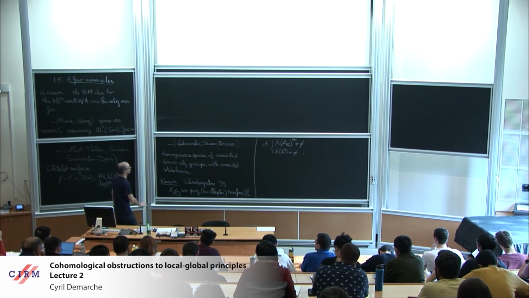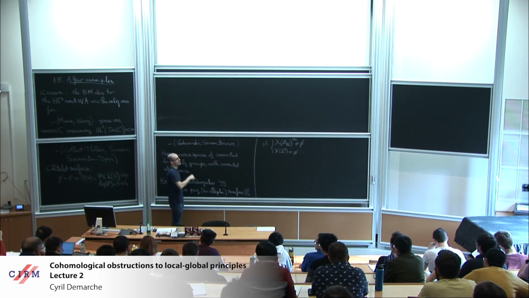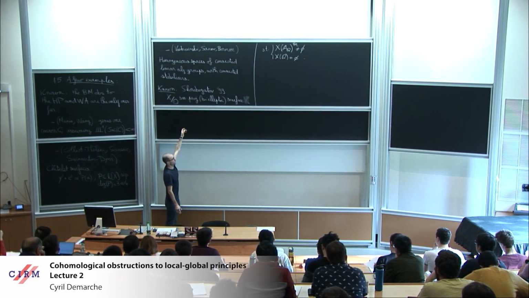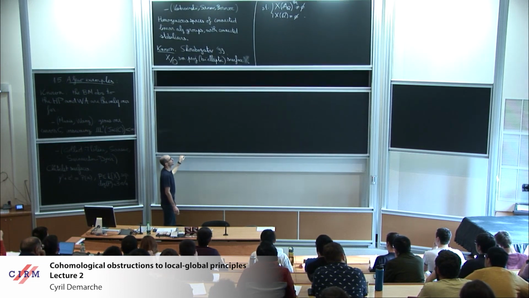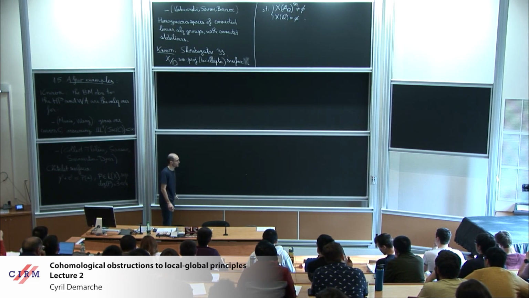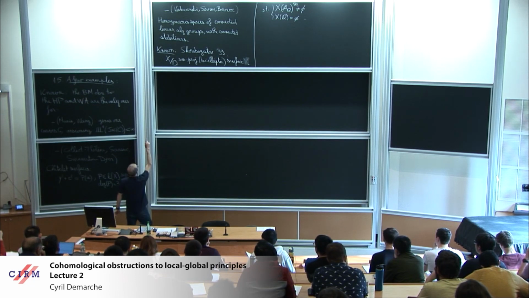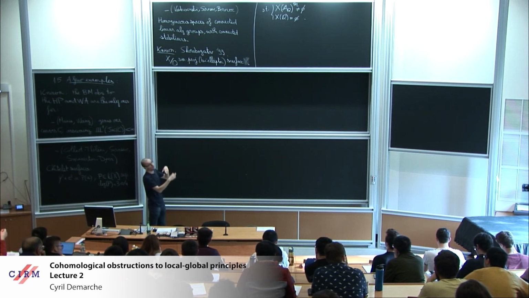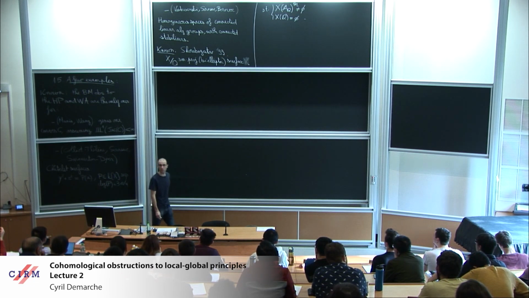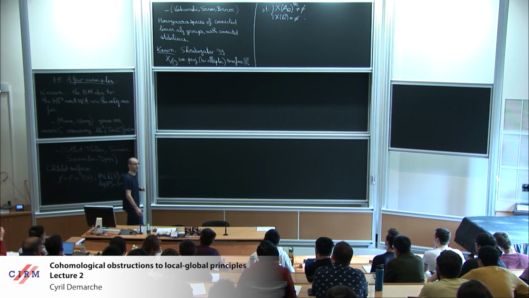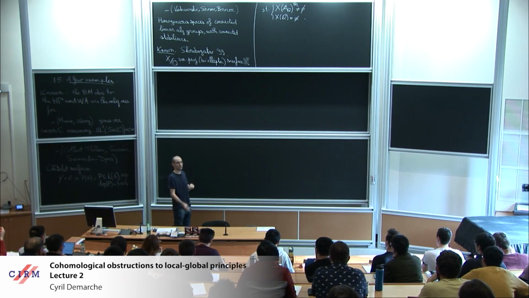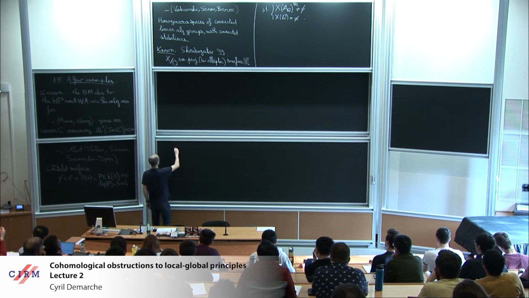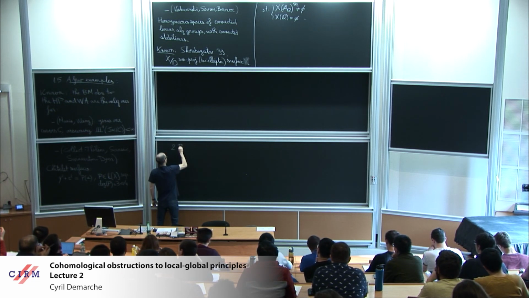Okay, so this was the first section about the generalities about the Brauer-Manin obstruction. Now, I want to focus on the third example here, and to make the connection between this result by Borovoi and the lectures by David Harari and the arithmetic duality theorems. This will be the content of the second section. So let's say Brauer-Manin obstructions